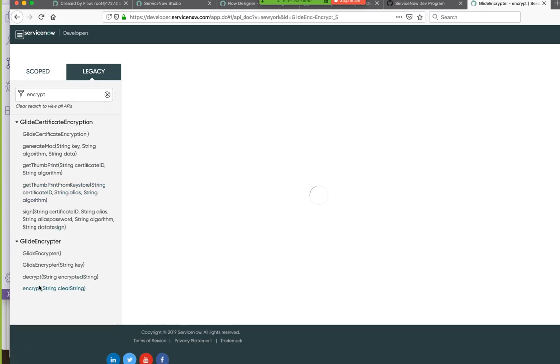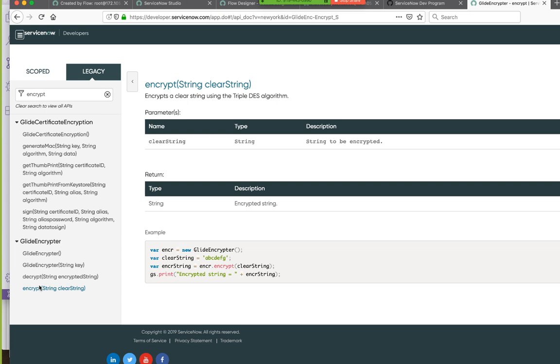Yeah, Glide encryptor, and then encrypt. Is this the two-way? This is not the two-way. This is a one-way. No, that's right? The two-way, because it can decrypt. It's the two-way because it can decrypt. And I can't. So if I try to do this, it's gonna fail because I'm doing it from a scope. Right. Yeah, it'll fail because of scope.